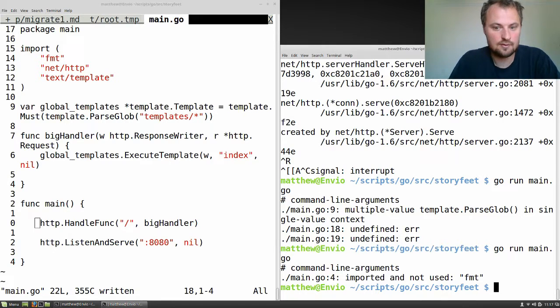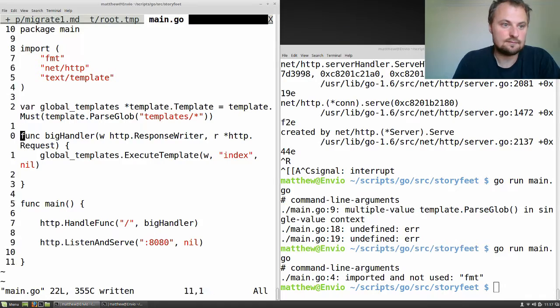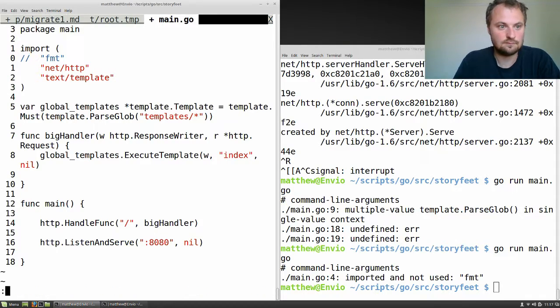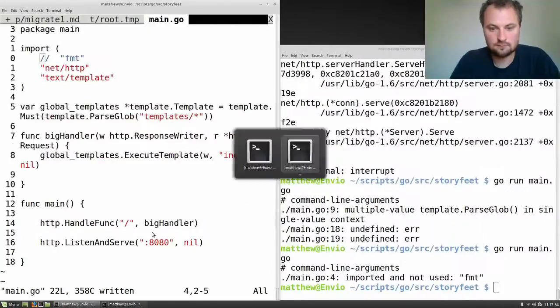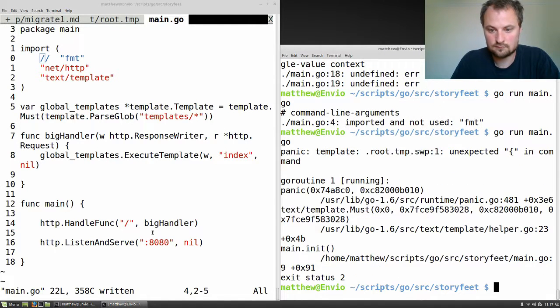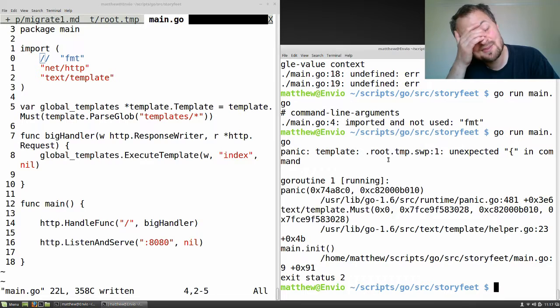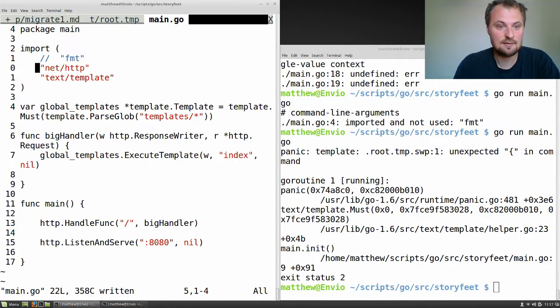I've got no thump uses? The swap file, it's complaining about the swap file from Vim because I just put star, didn't I? It's not template, it's not star, it's